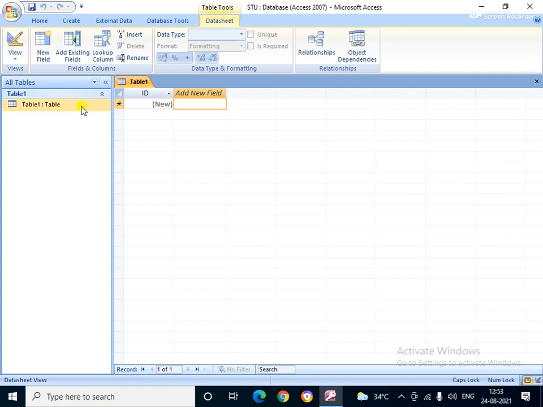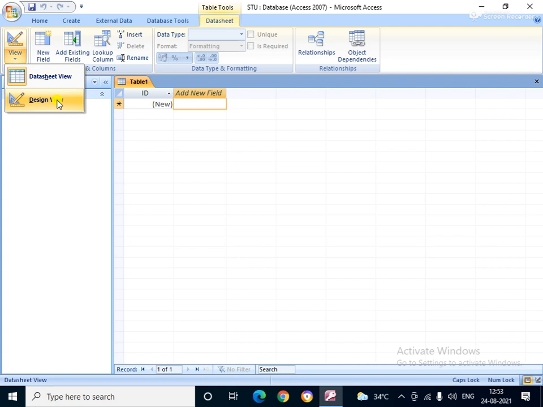Okay, so first simply click the View option. See, here is a View. And again I am repeating myself, during the class I already explained how many types of view there are in Microsoft Access. When such questions come in the exam, all of you keep in your mind how many types of view there are. There are mainly two types of views. One is the datasheet view, second is the design view. Again I am repeating to myself, how many views are available in Microsoft Access? There are two types of views. Number one is the datasheet view and number two is the design view.